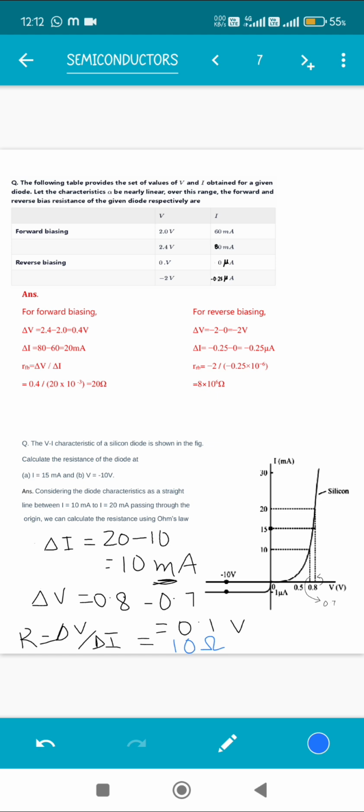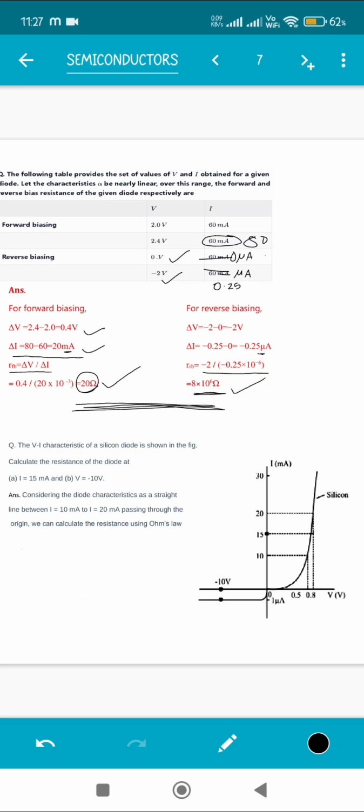Now in reverse biasing, the value of the voltage and the current will always be on the negative side, so that's why a negative sign has been taken. Okay, don't get confused about where the negative sign is coming from. So again we are finding out the difference in the voltage and the difference in the current. Over here the current is in microampere, so again make sure you're converting it into the SI unit, and now finding out the resistance using Ohm's law. You're getting the resistance as 8 into 10 to the power 6 ohm. So as you can see, it is quite a very high value. Like I said, in reverse bias the value of resistance is too high, as a result of which conductivity is low. So we have proved it also, and this is how you can solve.